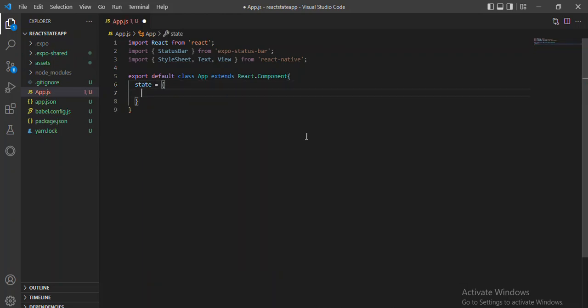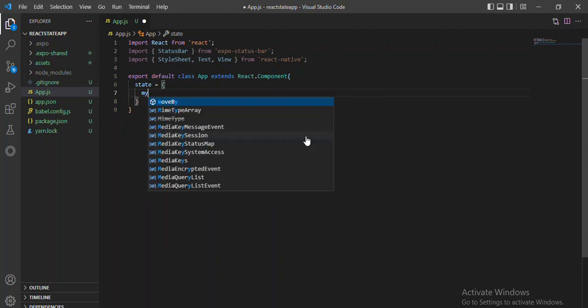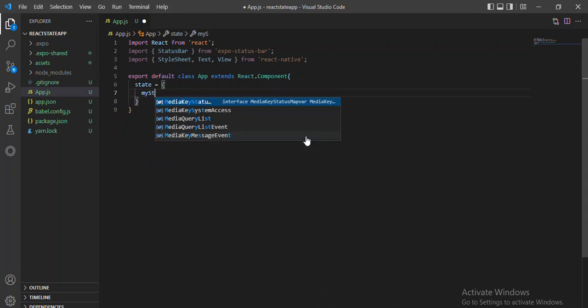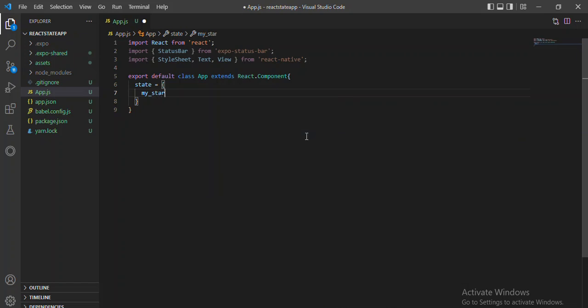And this time around, inside my state, I'm going to say maybe it is my state, if this is going to be my state that I'm going to be using up in my app. So I have my state that I'm going to be using, and inside my state I'm going to define some component. Let me just utilize something called